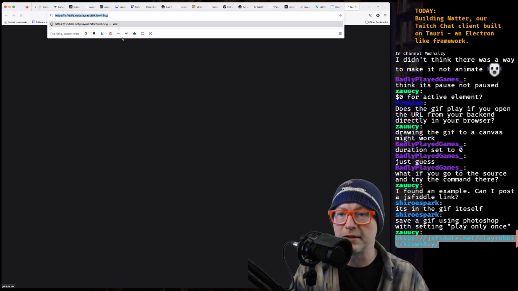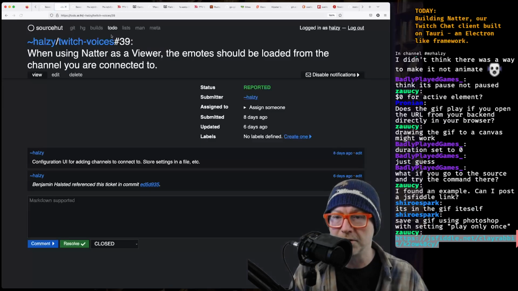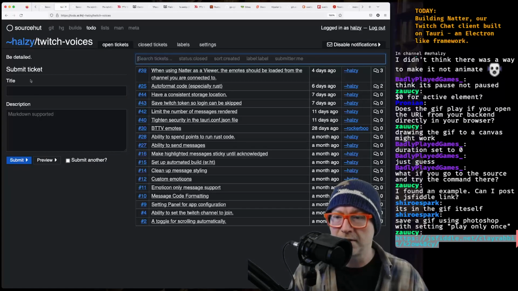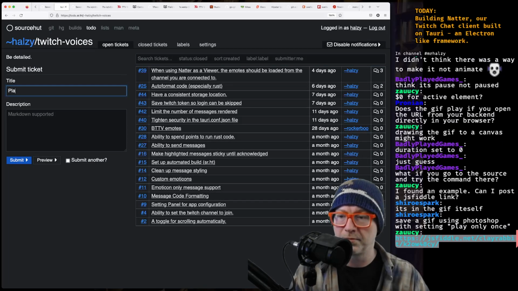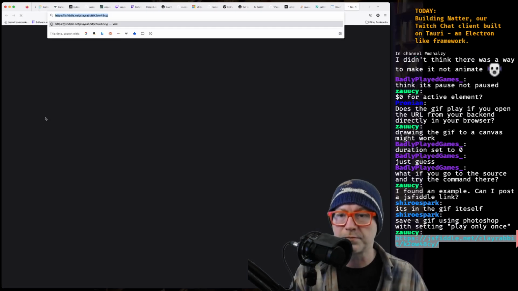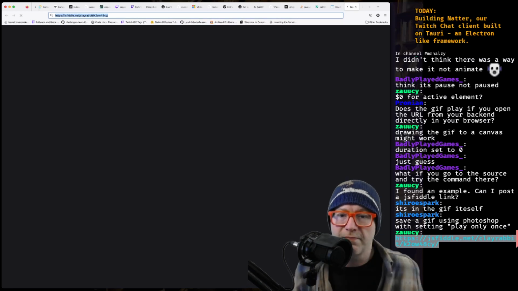And what we can do with that is also go to our little task list. Have a setting to only animate for X seconds. Let's toss that in there. That's taking its sweet time loading.